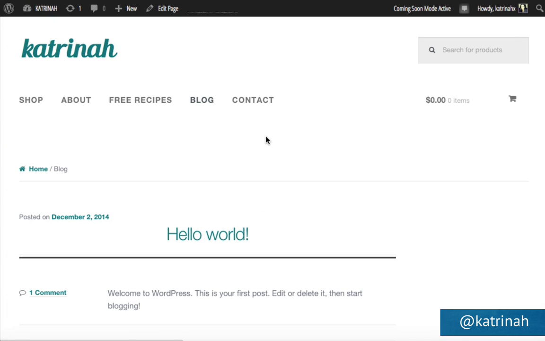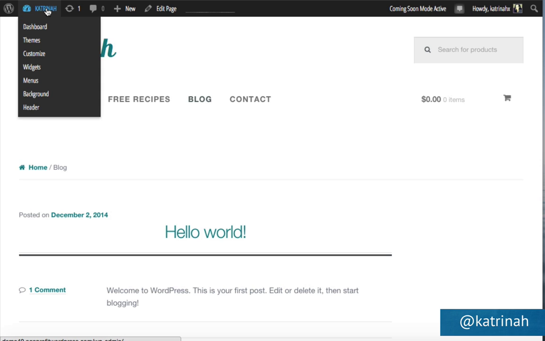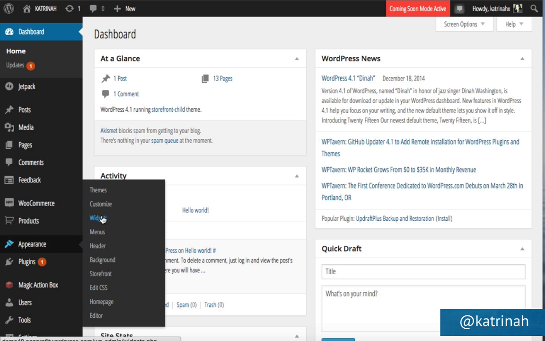Okay, so we're done making customizations to our website. Next up, let's add a sidebar with custom content to our blog archive page as well as our blog posts. To add custom content to the sidebar, we want to go up to our widgets panel by either going up to the website name and then clicking on widgets, or you can click on dashboard, then go down to appearance, hover over appearance, and click on widgets.